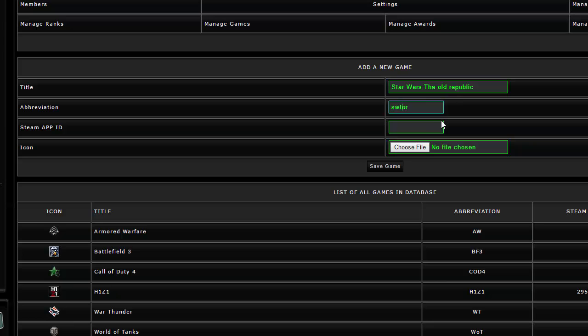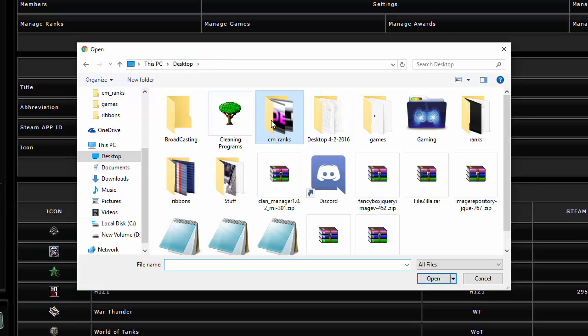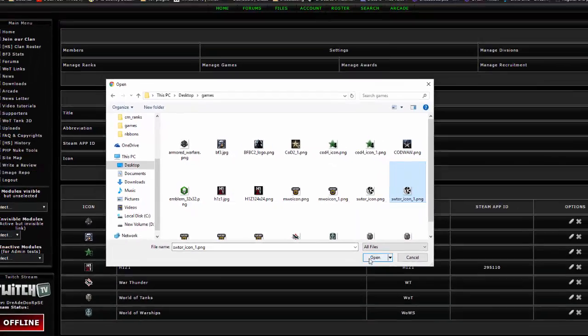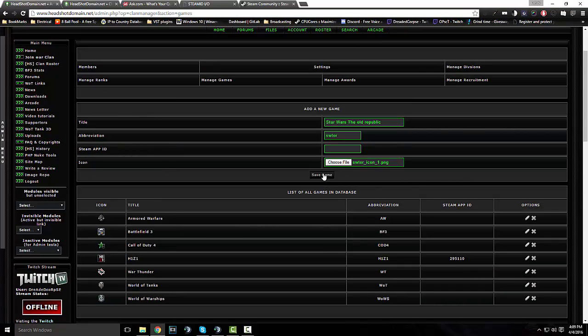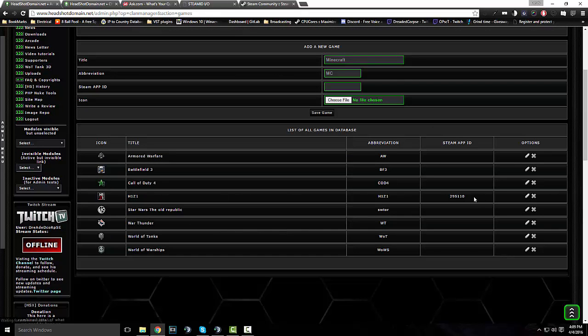Steam app ID. I don't know, but I will go over that. CM ranks. What was it? Games. 1.59 kilobytes, 1.58. I like to go with a smaller one, even though this one's not big. But as you can see, I do have one Steam app ID number, which is H1Z1. Let's try getting one for, let's do